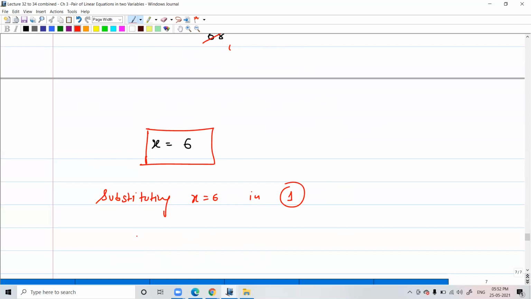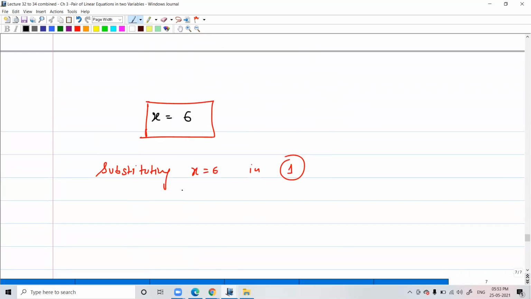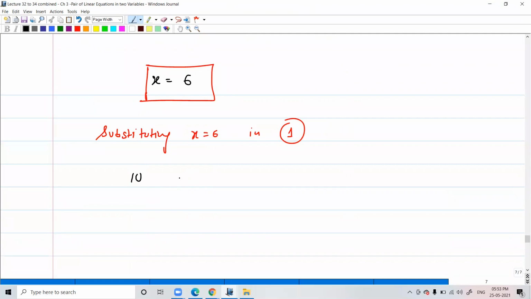So what will happen? 10x means 10 times 6, plus 3y is equal to 75. So find the value. 3y is equal to 75 minus 60. So 3y is equal to 15. So y is equal to